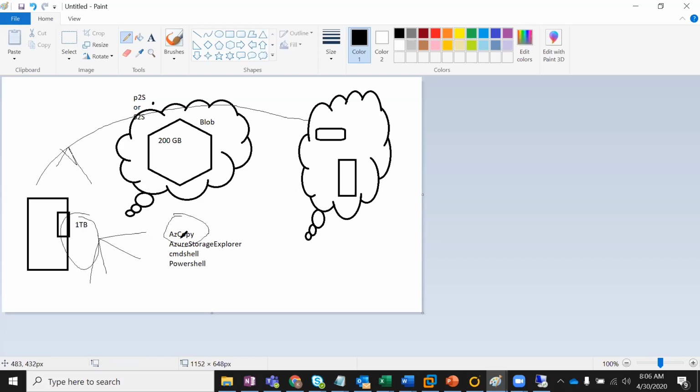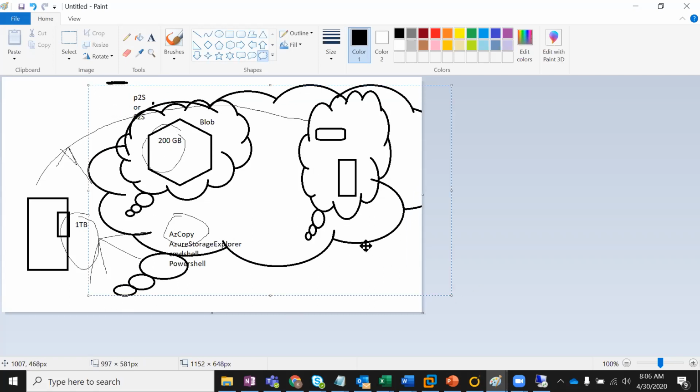By using this method, the 200 GB split files can be moved here. Since both are in the cloud end, this is also one service, all in the cloud, you can easily restore it to either PaaS or IaaS. This is one good approach. If you ask me about 1 terabyte, I'll follow this one.